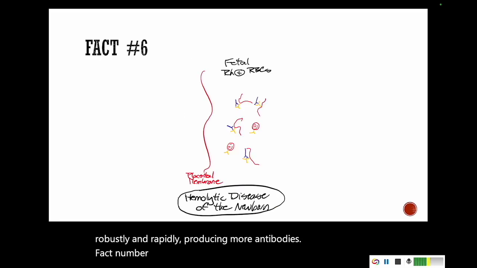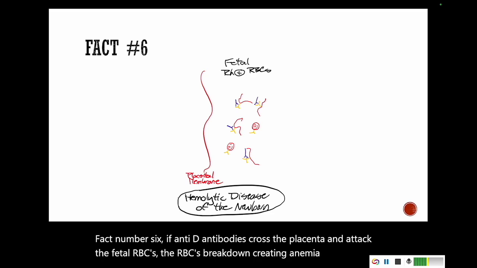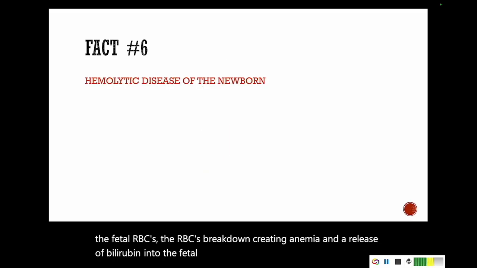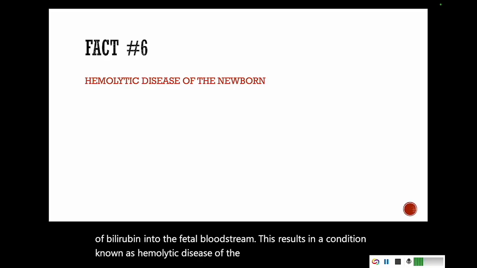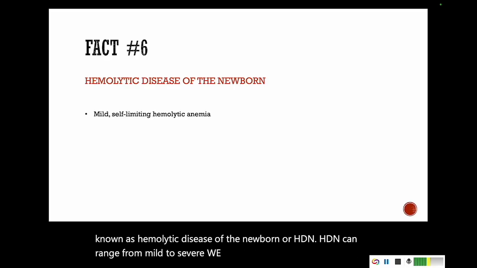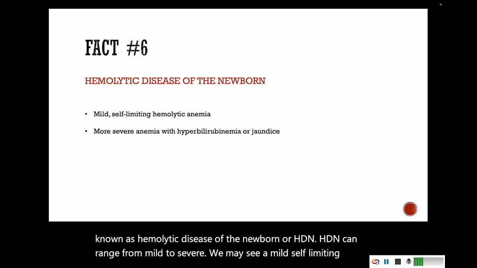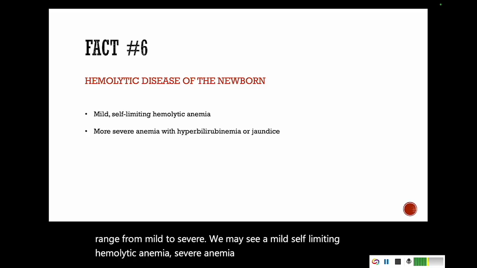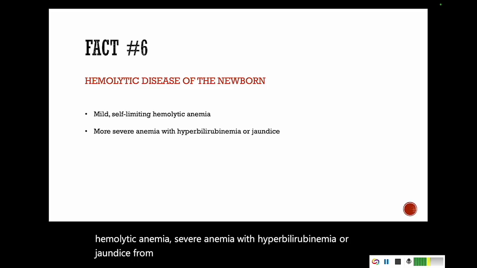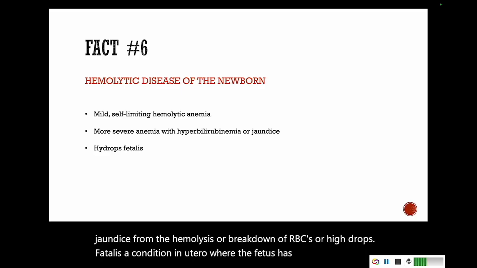Fact number 6. If anti-D antibodies cross the placenta and attack the fetal RBCs, the RBCs break down, creating anemia and a release of bilirubin into the fetal bloodstream. This results in a condition known as hemolytic disease of the newborn, or HDN. HDN can range from mild to severe. We may see a mild self-limiting hemolytic anemia, severe anemia with hyperbilirubinemia or jaundice from the hemolysis or breakdown of RBCs, or hydrops fetalis, a condition in utero where the fetus has severe edema as a result of severe hemolytic